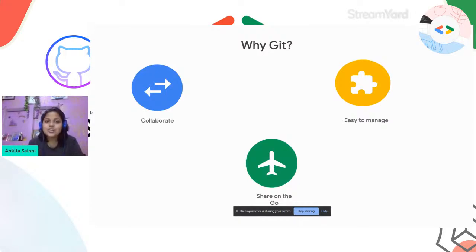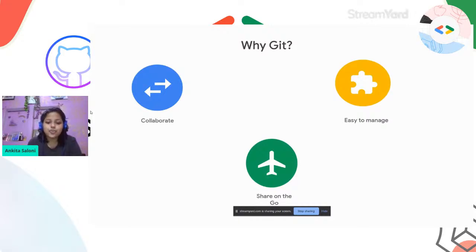But now, in the comfort of your own place, you can collaborate with friends who are hundreds and thousands of kilometers away with a single click. The changes you have made here, the same will be reflected at their side. What's better than this? Then it's easy to manage. You have access to all the directories and you can see at which directory what file is placed. It's not messed up that you have to look for all the files and all the changes that have been made. It has been done in a very, very, very structured way.